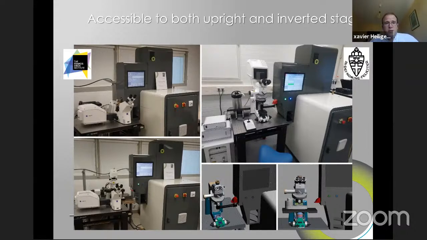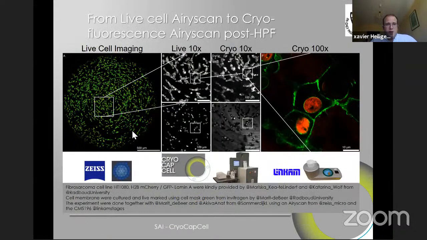And so once you have this setup here, you can do live cell imaging, and here you have an overview of the entire carrier containing many live cells. And when you zoom in, this is done at live cell imaging, you have a 10x image where you can find your cell of interest, focus on whatever you want, and then do cryo microscopy, still using the 10x, and then zoom into the 100x. And here in that case, what you can see is that these cells are exactly the ones present in here. So you can see that we've been able to go from live cell imaging to cryo-light microscopy without losing focus of our sample.